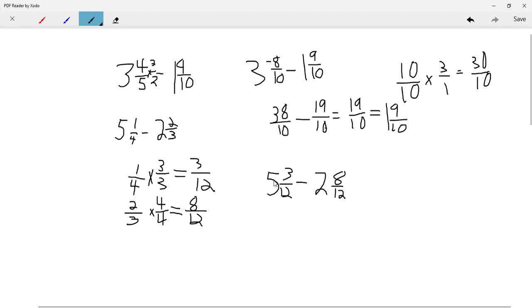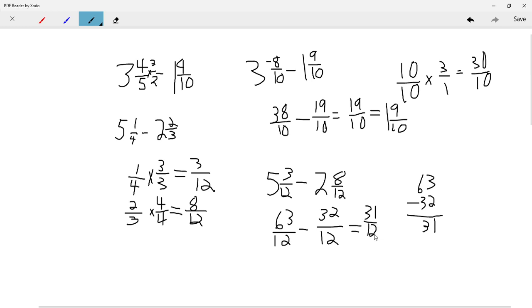So once again, we multiply 5 times 12 equals 60, and then we add that to the numerator. So that is 63/12. And then we're going to do the same thing here. Minus 2 times 12 is 24. 24 plus 8 equals 32/12. So now we can do 63 minus 32. 3 minus 2 is 1. 6 minus 3 is 3. So then we are at equals